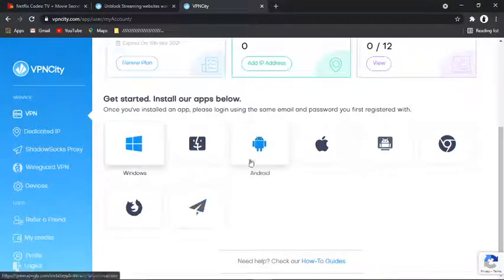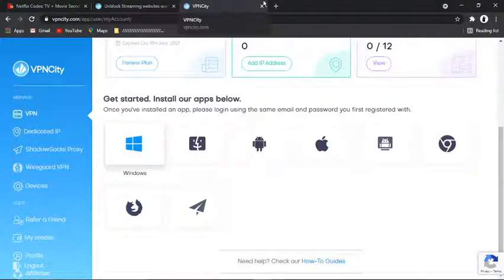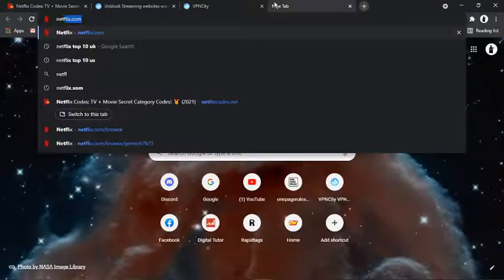So just go ahead and choose the one you want to download, and then you just click to download and install that relevant application. So in this example, I've actually got the Windows app downloaded and installed. And what this basically does, it virtually changes your location. So because I'm in the UK, if I come across to my Netflix,